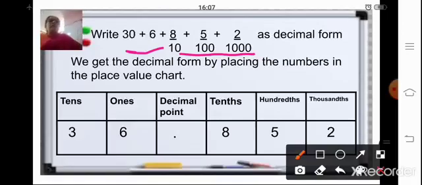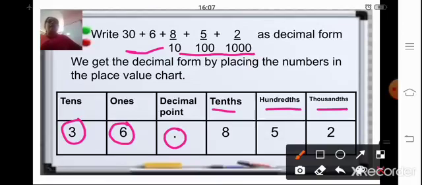You can make a place value chart. Now here it is 30. That means you can start with tens place, tens, ones, and then comes the decimal point, and then the decimal part of the answer. So 8 upon 10, 5 upon 100, till 1000th place. So you will start with 10th place, 100th place and 1000th place. Now 30 is in tens place, so you will write the number 3 in tens place. 6 is in ones place, so you will write the number 6 in ones place. 8 upon 10: that means from here the decimal part is started, so you will use a decimal point. And then 8 upon 10 is in 10th place.